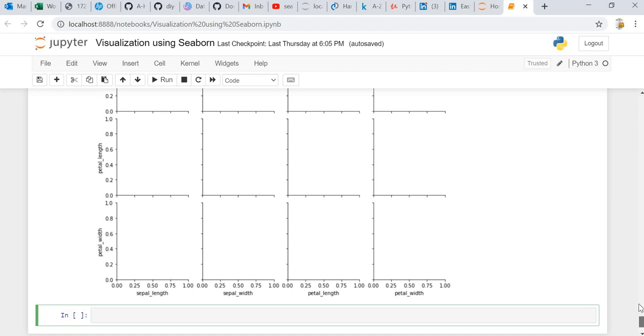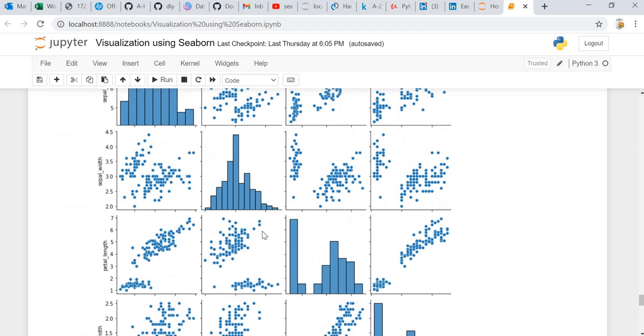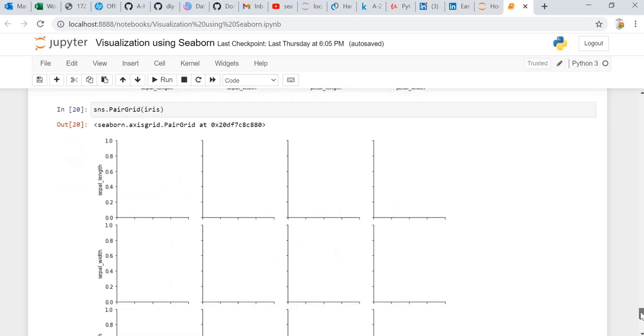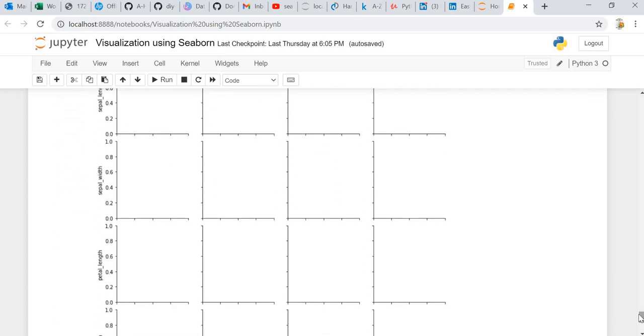As we can see over here, we have graphs like these scatter plots, these bar graphs. We can change it based on our requirements. So for that we have to use the pair grid. Now notice that here it gives us blank subplots of all the numerical columns comparison. We can make our own plots based on our preferences.